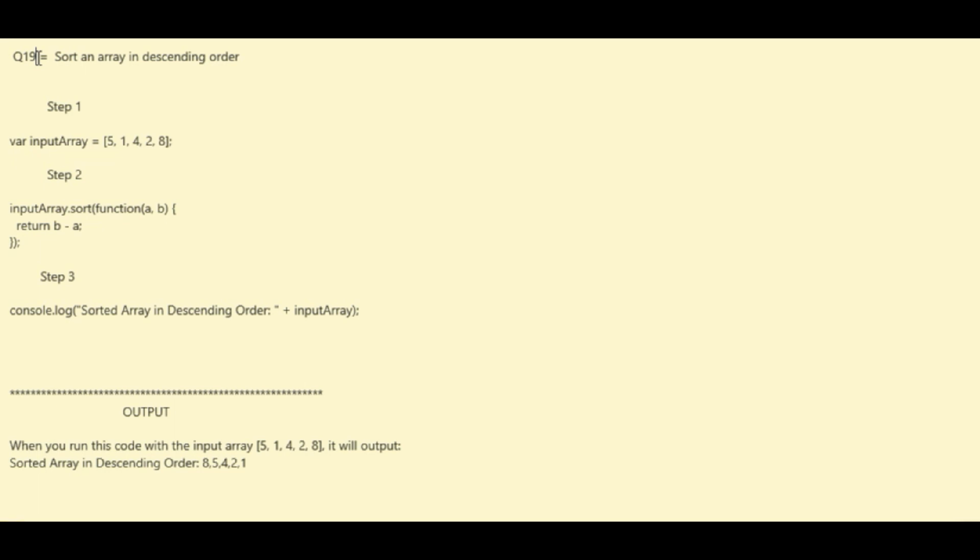So here's the step explanation of how to do this in JavaScript. In step 1, you define the input array that you want to sort in descending order. In step 2, I'm going to explain how we use the array sort method with a custom comparison function. JavaScript provides an array method called sort,